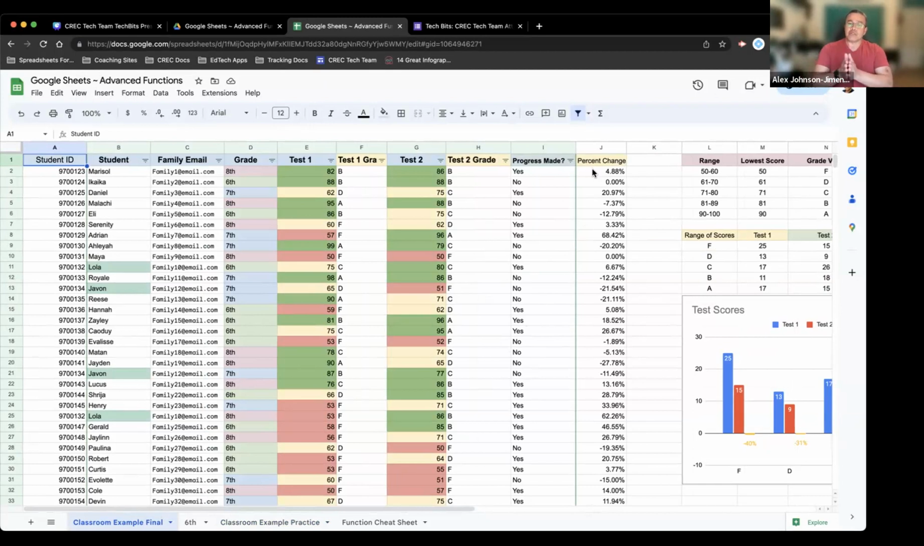And when we talk about formulas, remember, we're talking about mathematics: adding, subtracting, multiplying, dividing, exponents, parentheses, order of operations, all those things. That's what formulas mean. When we talk about functions, we're talking about